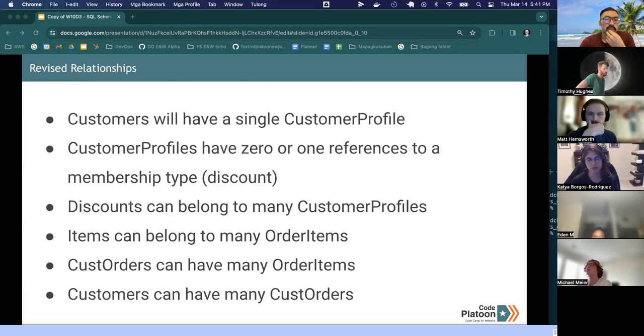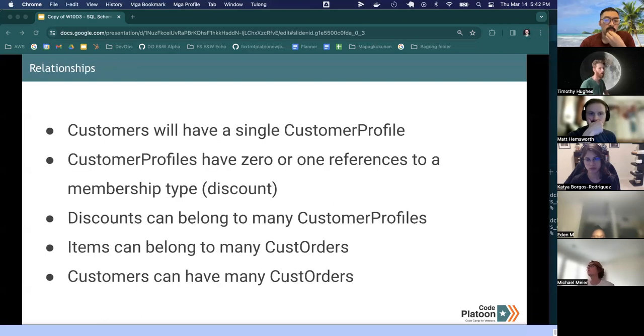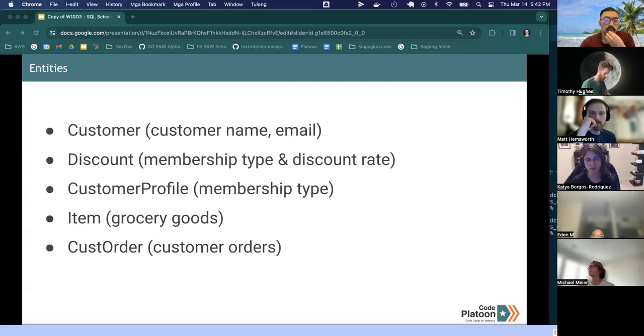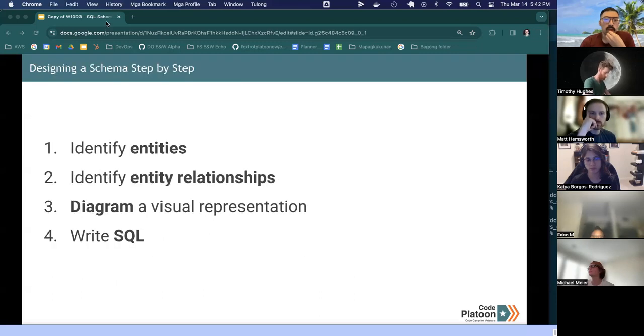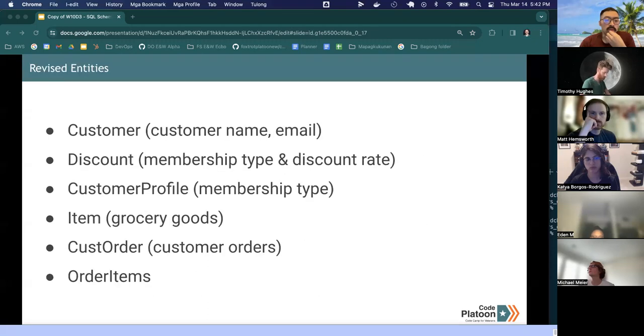I think the logic for this was customers can have many order items within their many customer orders, and items can belong to many order items. In the previous revision, without the what is it called? Without the order items,